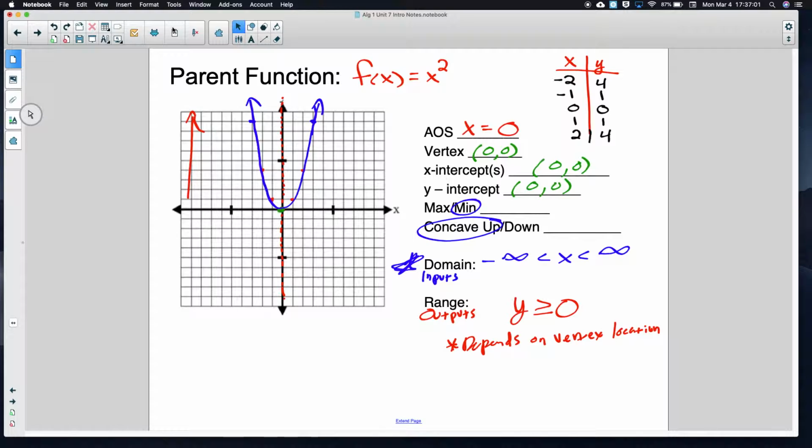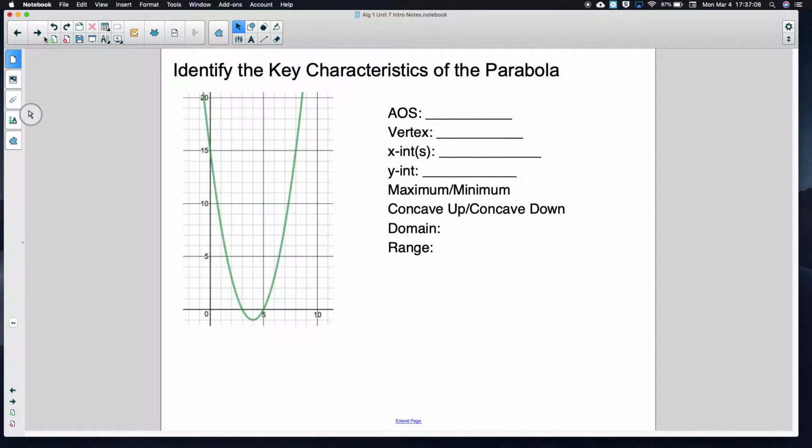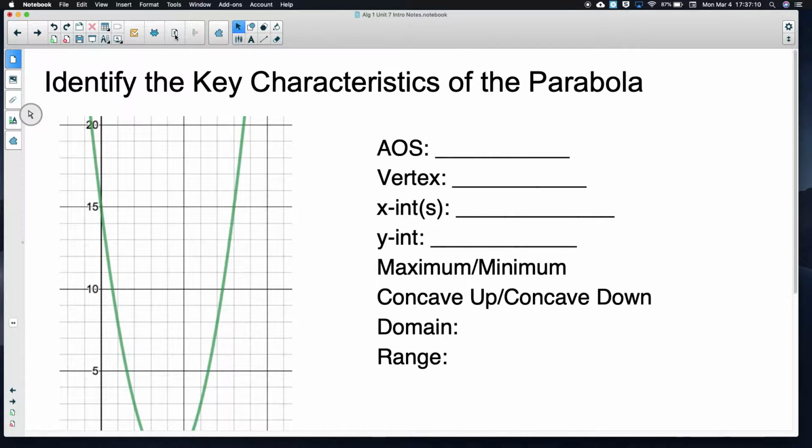So that's our parent function, x squared. That's what it looks like, and those are its key characteristics. But not everything is always just going to be a parent function. So if I look at this problem here, I gave you a graph to the left, and I want to